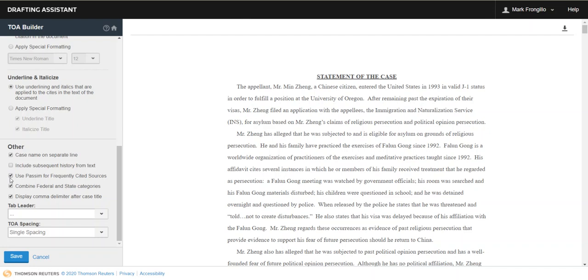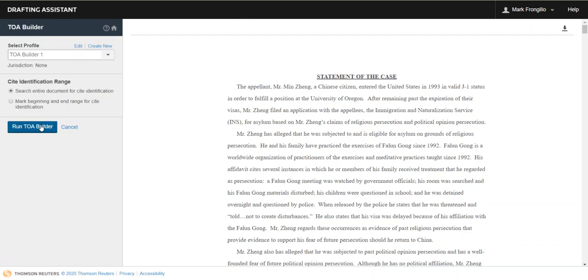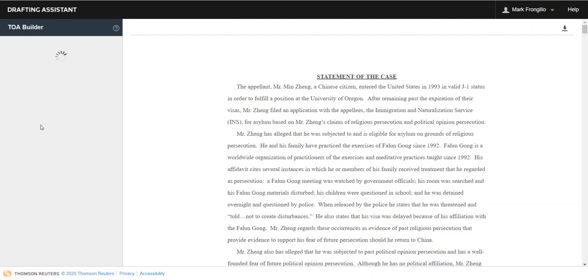Use passim for frequently cited sources. Do I want to combine federal and state categories? All of this is up to you. Typically, I just run it using the defaults, which are preset. Once you click Save, run TOA Builder, it may take a minute or two to run the process